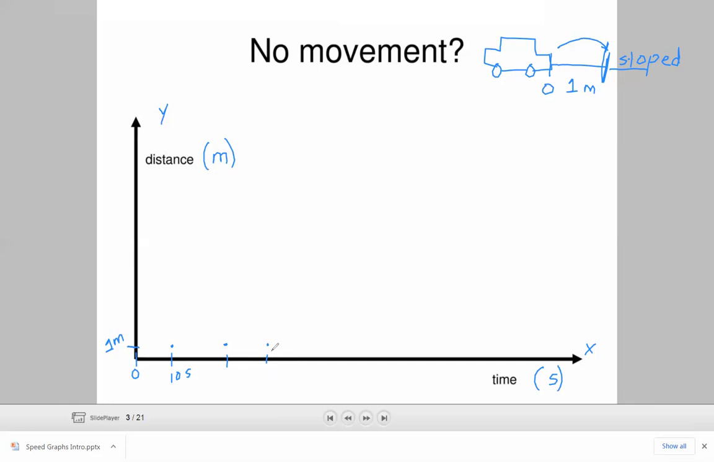That means an object that is showing zero movement, or that is stationary or at rest, will be represented using a horizontal line parallel to the x-axis. Okay, a horizontal line that is parallel to the x-axis on a distance time graph shows an object that is not moving. Okay, an object that is stationary. Now, if you want to have a clear picture,